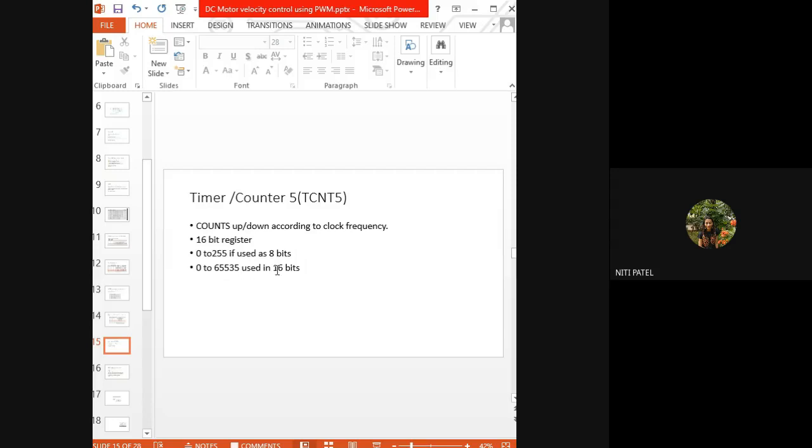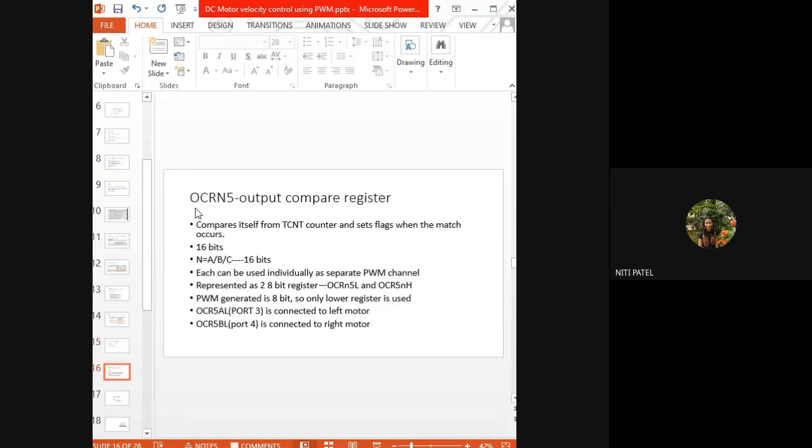So we will be generally using these 8 bits, but if you want we can add another timer as well as another counter for 16 bits to make the signals count up to 65535. Okay, so the timer is used for generating, and the counter will count how many pulses are generated. The maximum count it can check is 0 to 255 if it is 8 bits and 0 to 65535 if it is 16 bits. Okay.